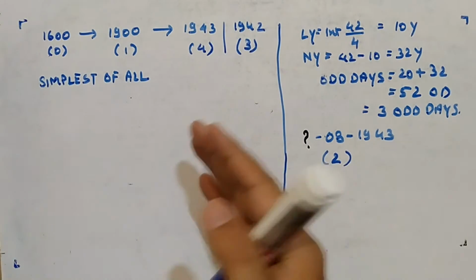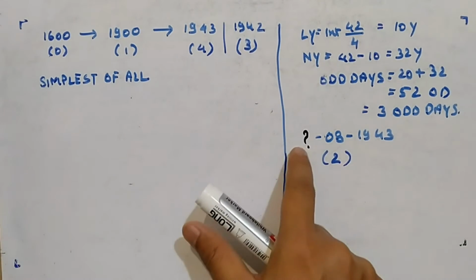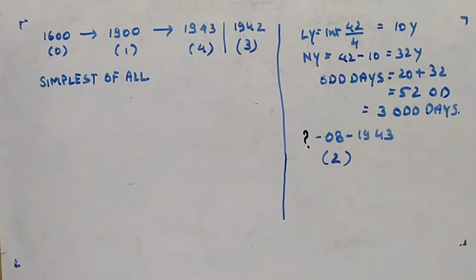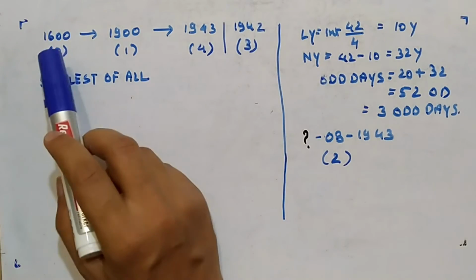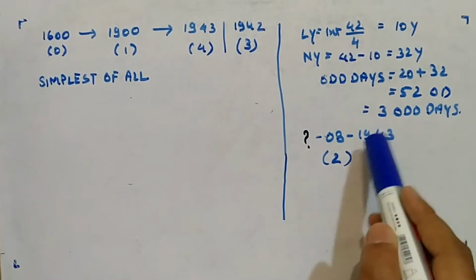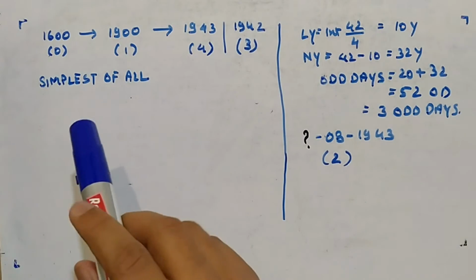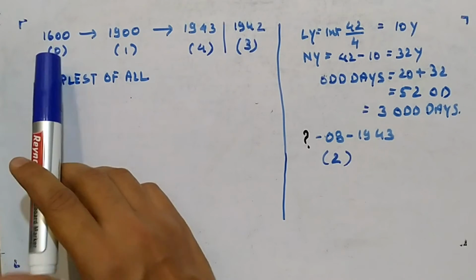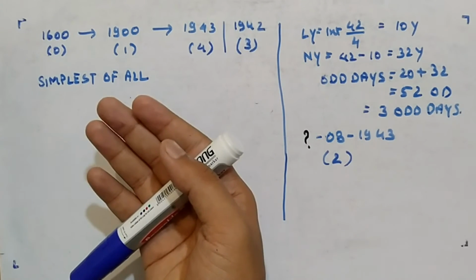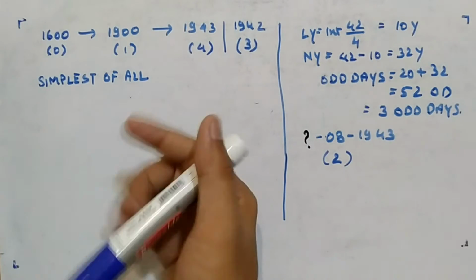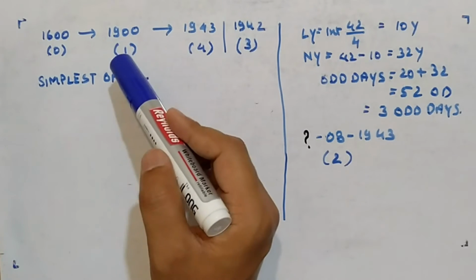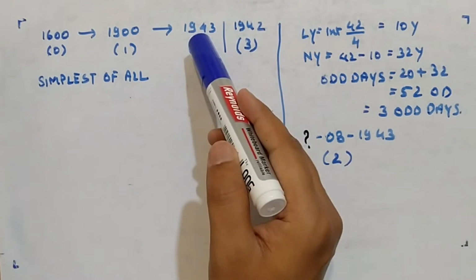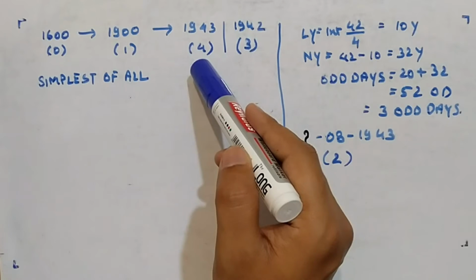Okay, now let's look at the day part. We are done with year, we are done with month, now we have to target the day. So I'll go through it again. We are given a year 1943. Now we have to find the number of odd days. So we started with 1600 because that's the closest century year which gives us 0 odd days. Okay, then from 1600 to 1900, we saw 1 odd day will be added. Then from 1900 to 1943 we saw 4 odd days will be added.